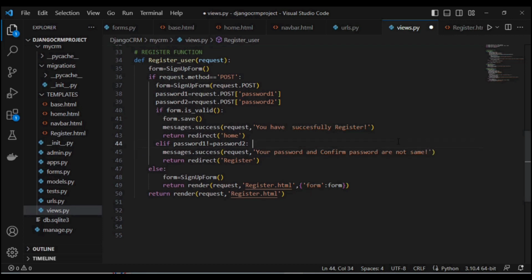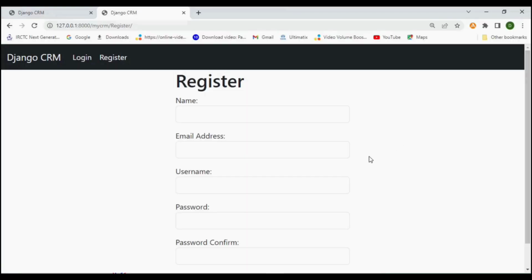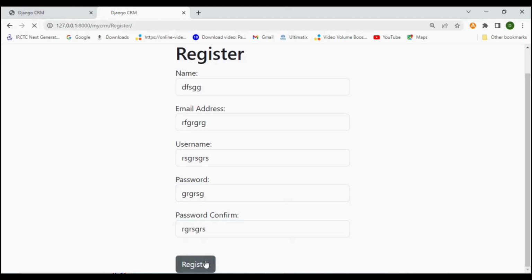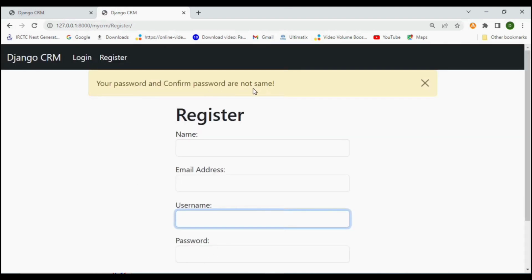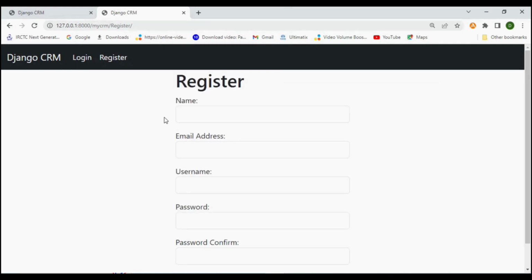That's it. Then Control S to save this one and go to the browser and try to log in with the invalid password and confirm password, or different. So your password and confirm password are not same, like that you are getting the customized pop-up message. Let me close this pop-up message,